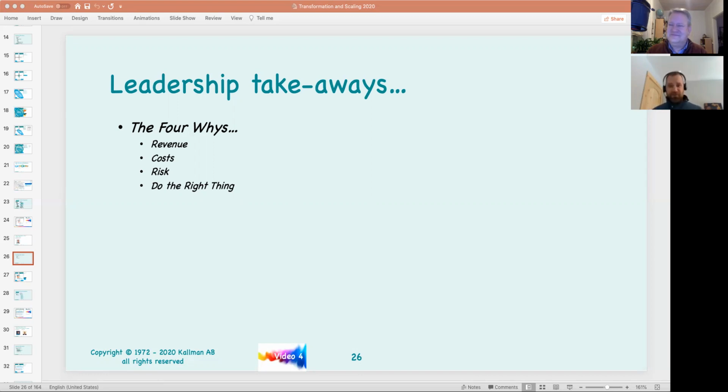When they say, why should we do this? Why should we change that? Why should we bring these people in? It's most likely these 4 things. The first, increasing revenue. The second, decreasing cost. The third, mitigating risk. And the fourth, which is kind of the newer, more altruistic add-on that's become very commonplace in a lot of corporations, is just because it's the right thing to do.